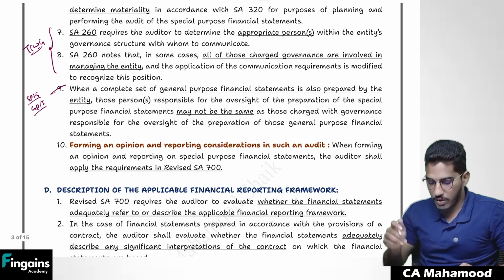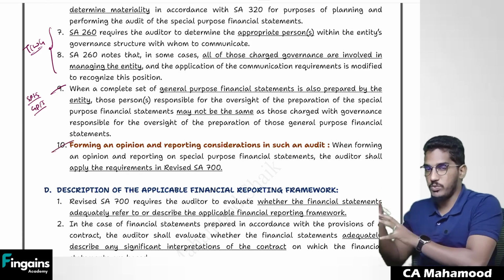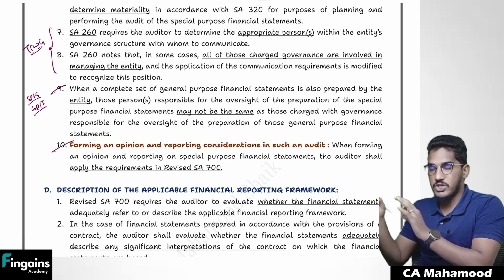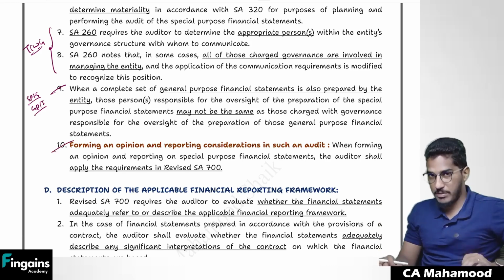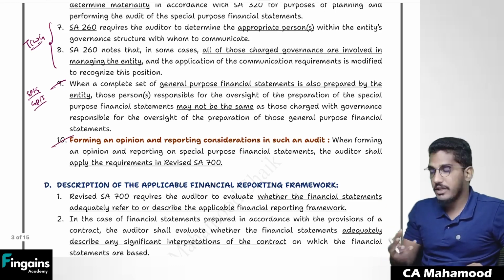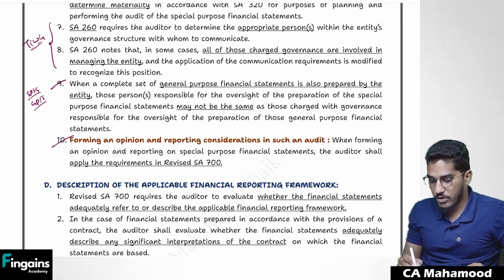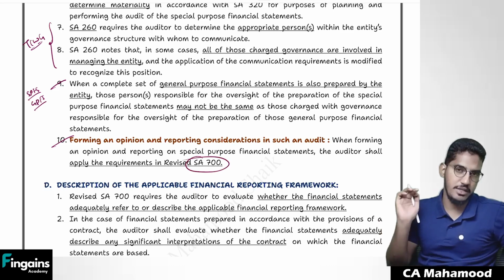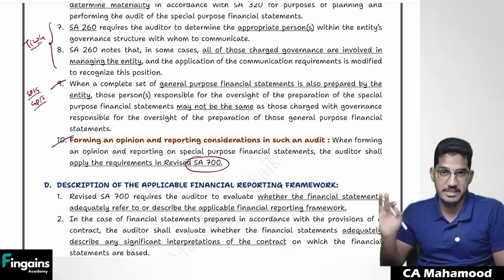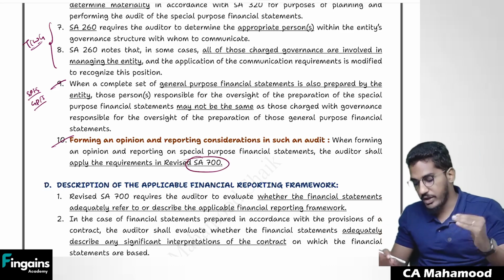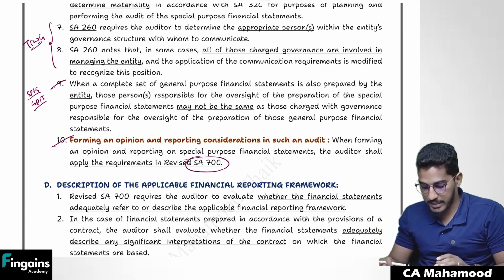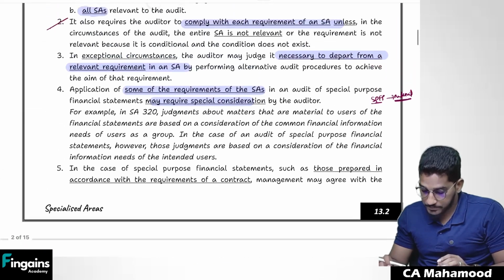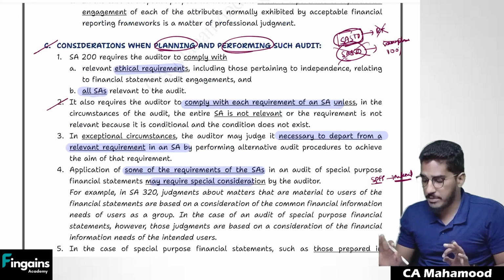After you have done with all your audit, you have to ultimately express an opinion. Why? Because until and unless you express your opinion, your audit is not coming to an end. And how to form that opinion, how to express that opinion in the form of a written report? Sir, how do I prepare that audit report? Once again, as per SA 700, you have to follow the requirements of SA 700 while preparing your audit report. Understood, everybody? So this is regarding the considerations when planning and performing the audit.